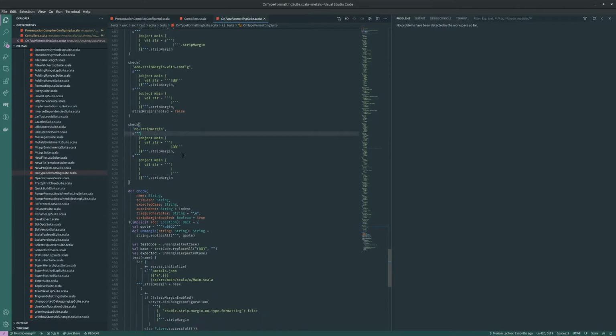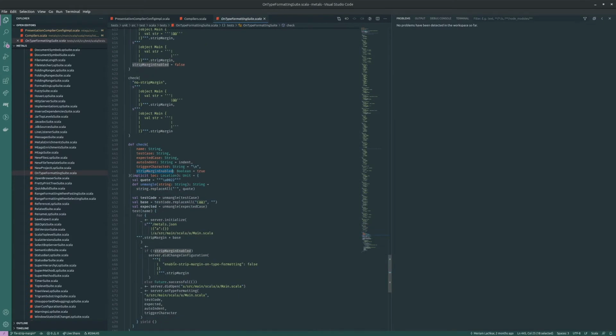But in this situation, since there are a number of additional problems here, for example, this strip margin enabled, this is not that easy to test, but I will try to add a test, but I want to quickly check if it's working